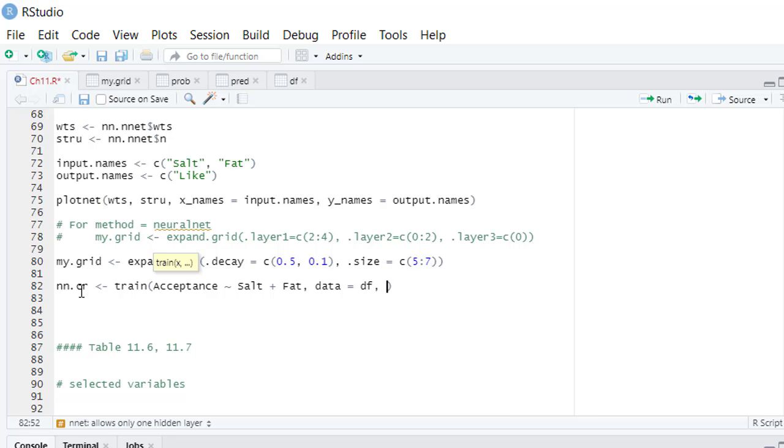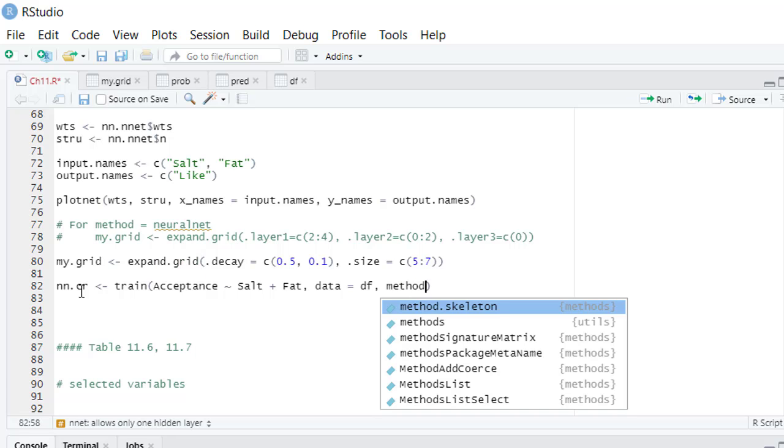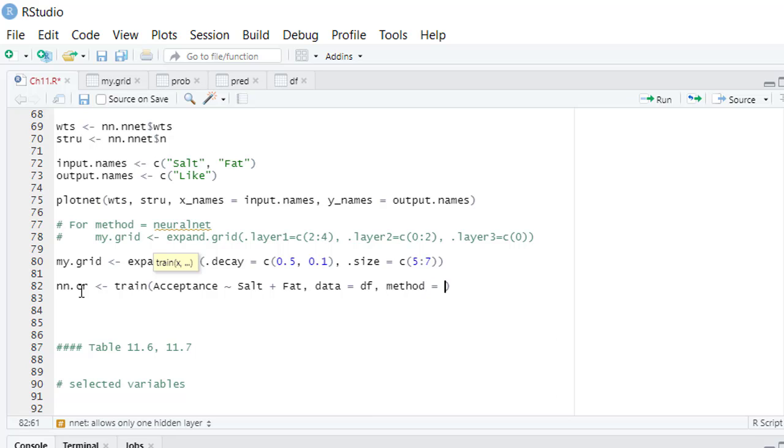Okay, and method equal to nnet, within quotation marks. Now neuralnet will not work here because caret uses neuralnet only for an interval target. Then you can specify the tuning grid,